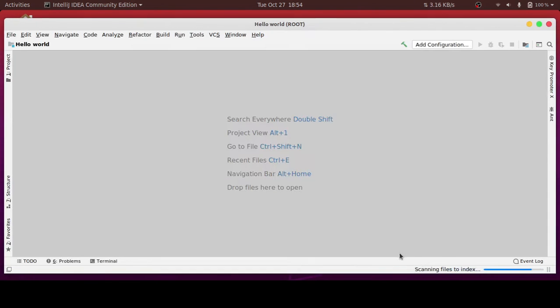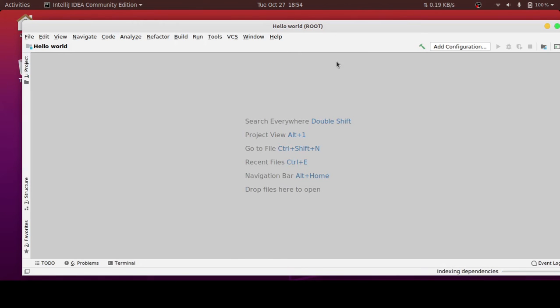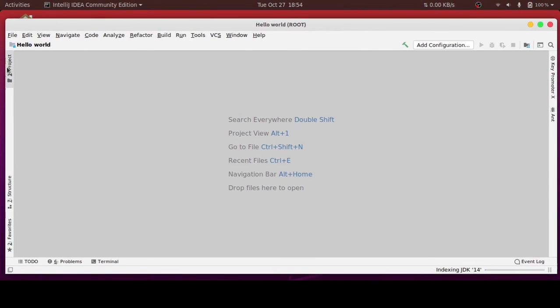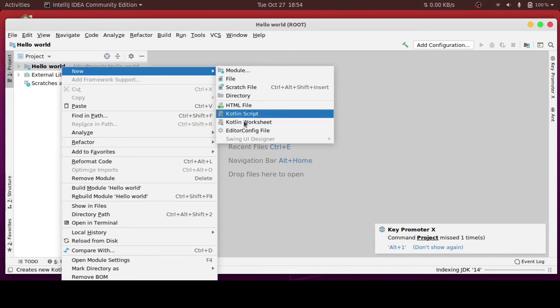Okay, you can close this one. So here you can see this is still under the root privilege. It still has root privilege. It is still under the root permissions. So you have to exit this, but before exiting you have to create a project to ensure that it is successfully installed in your system.